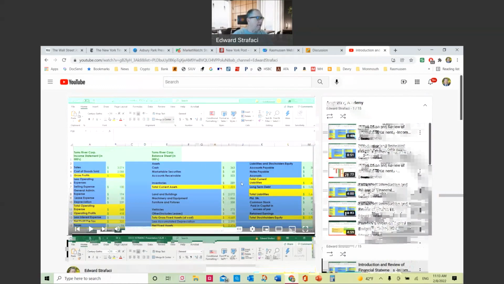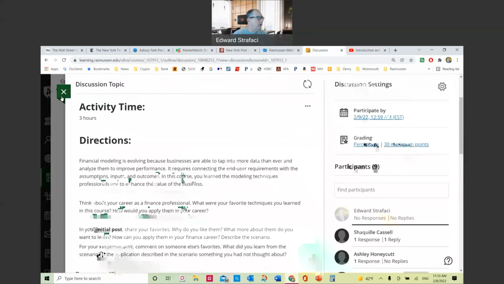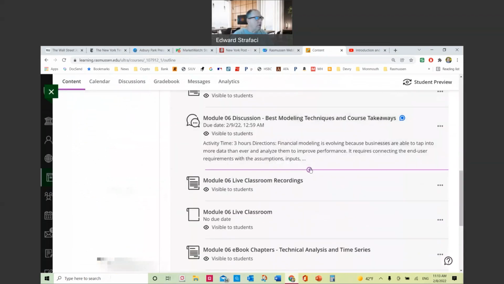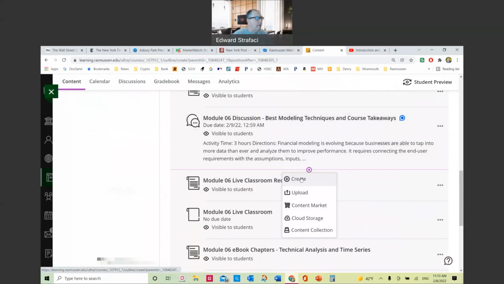There is also an interactive spreadsheet. So what I'm going to do, because we're talking about it, so this way you could make use of this as you move along, is I'm going to create